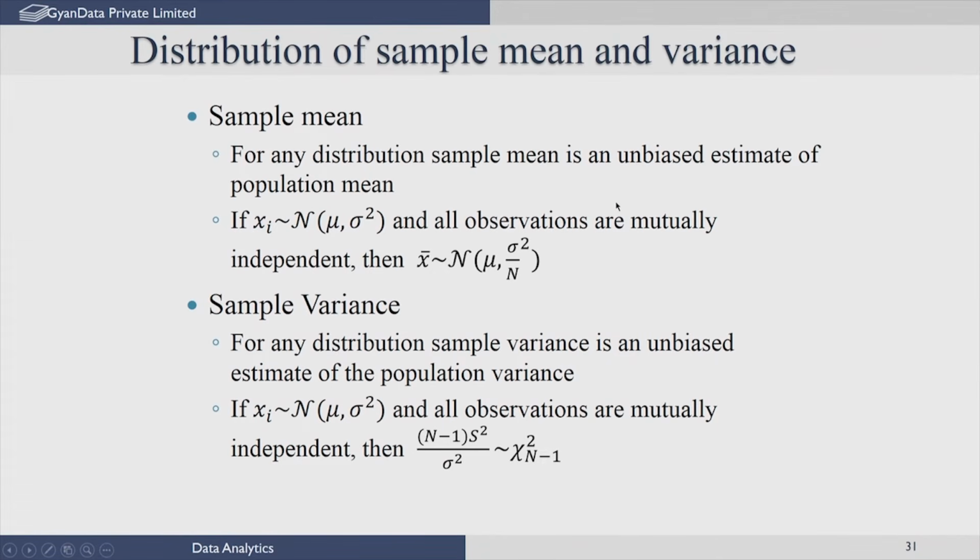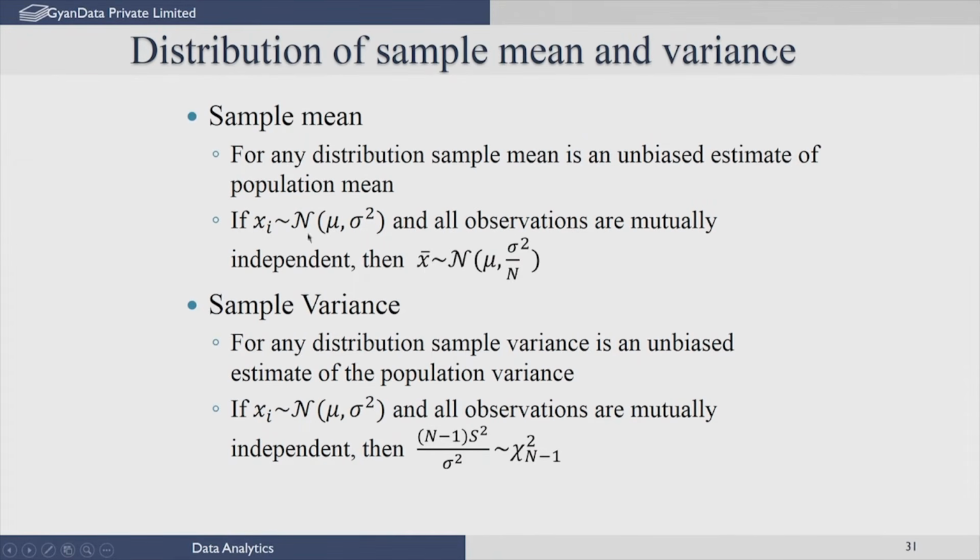Now there are some important properties of the sample mean and variance which we will use in hypothesis testing. So I want to recap some of these. If you have observations drawn from the normal distribution with some population parameter mu and population variance sigma squared, and let us say you draw n observations all from this distribution. Let us assume these draws or samples are independent, it does not have a bias in any manner, and if you compute the sample average from this set of independent samples, then you can prove